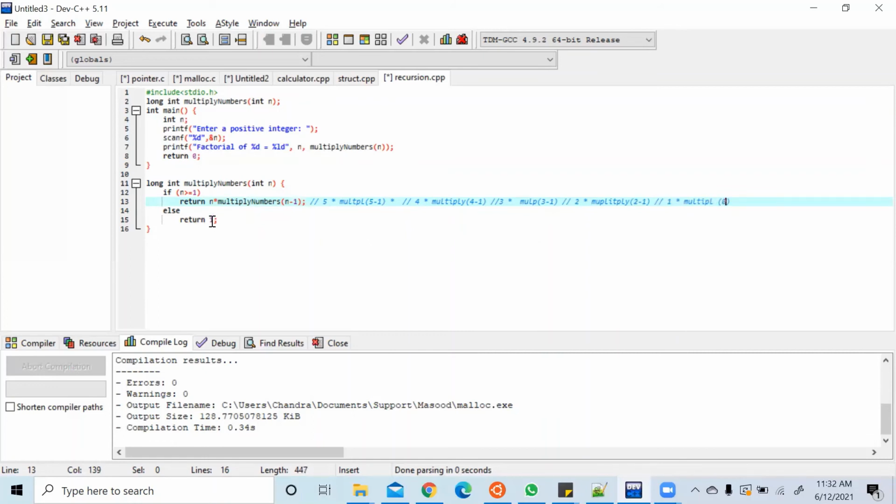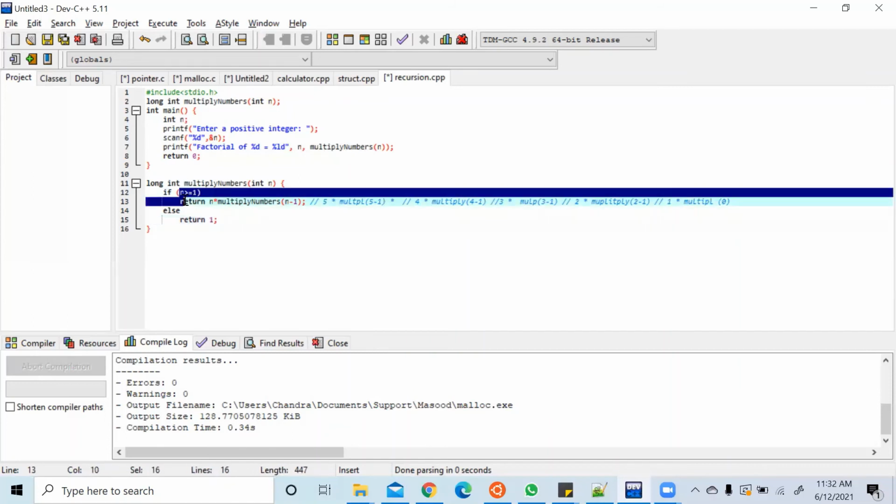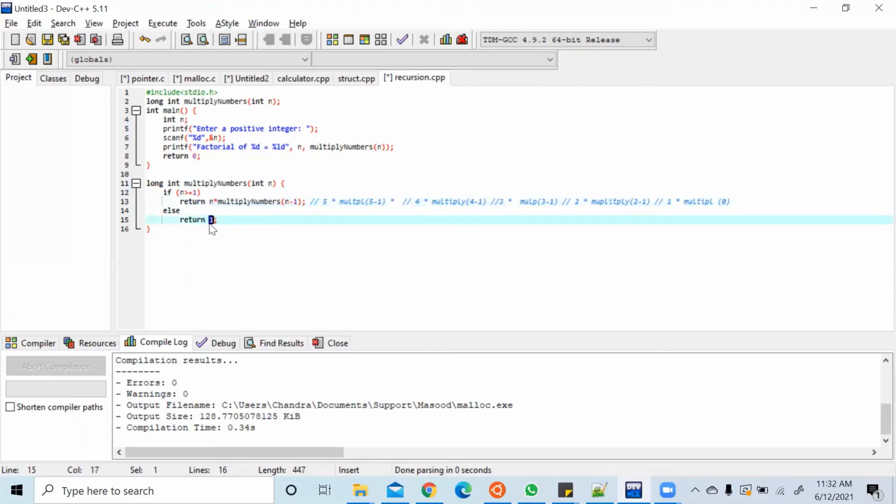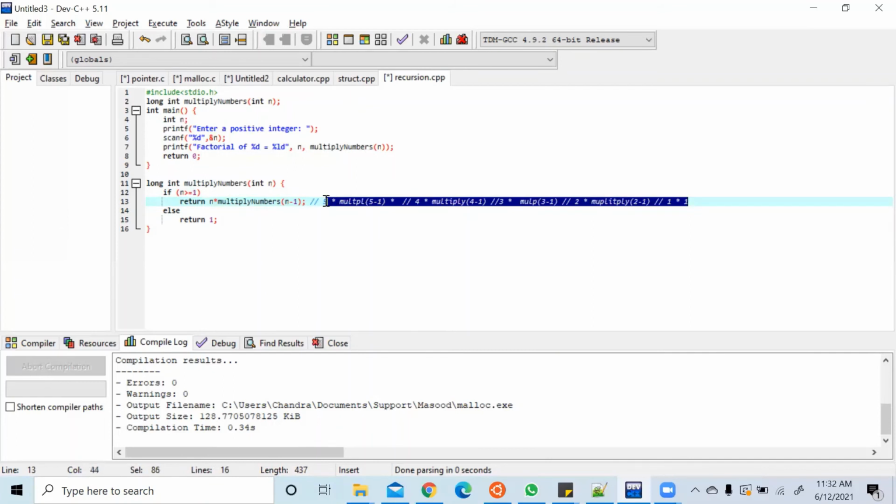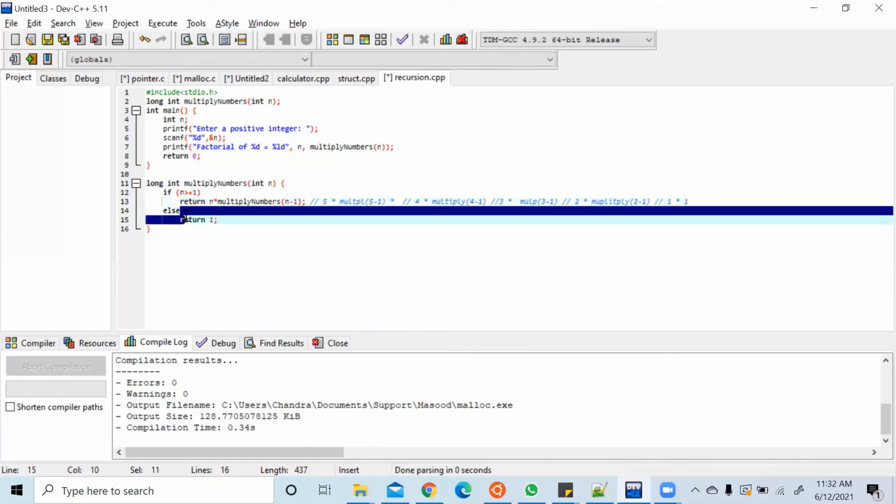Okay. So now at last, the number is 0, this condition fails, and it comes to this part and returns 1. So what happens is 5 star, 4 star, 3 star, 2 star, 1. So it calculates the factorial of a number by calling the function itself with the exit condition.